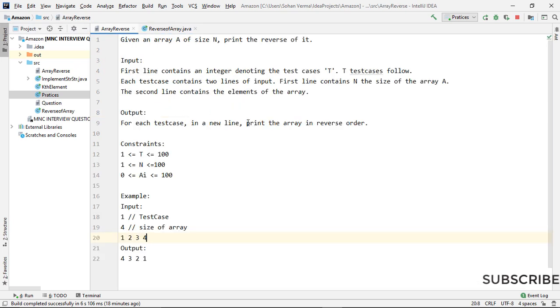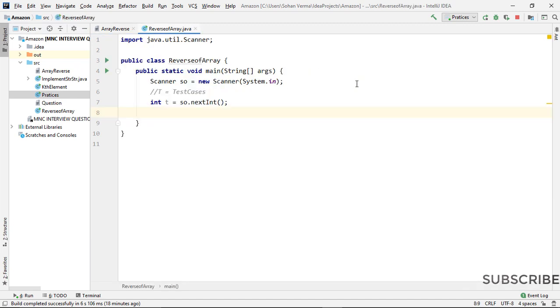Now, each test case contains two lines of input. The first line contains n, the size. But first of all we need a loop, because each test case has to be handled.